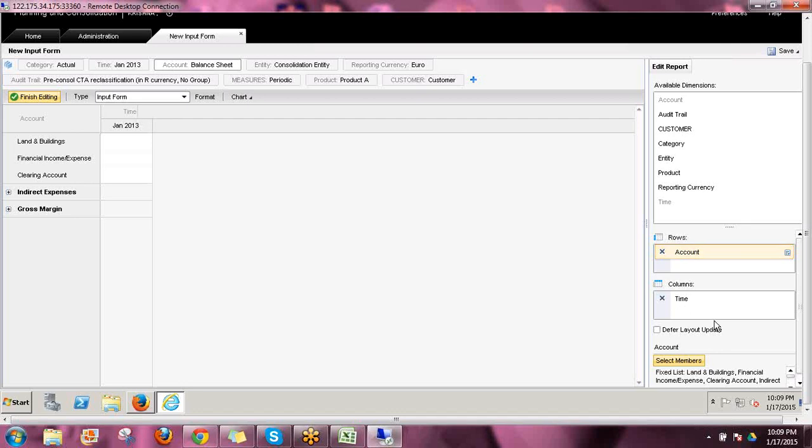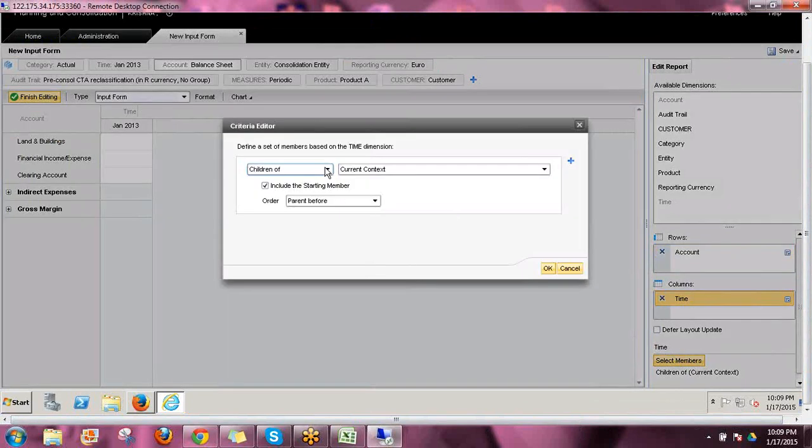Now if I select column also, now if you select members option,